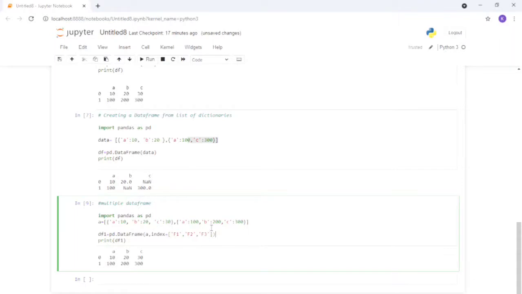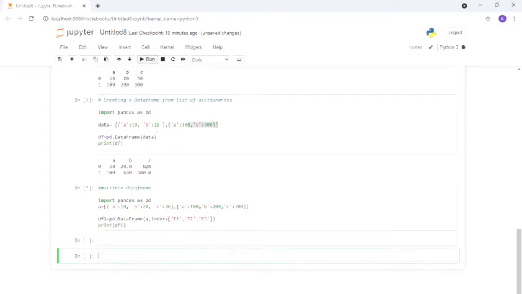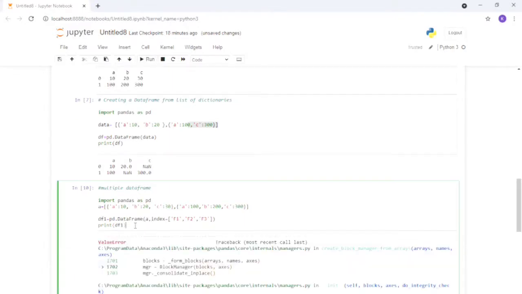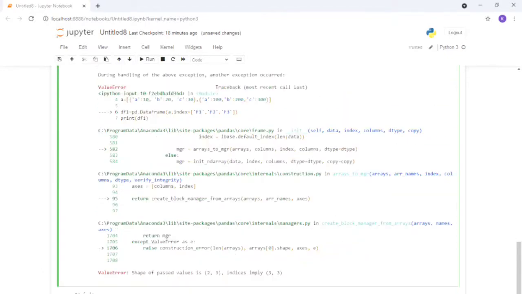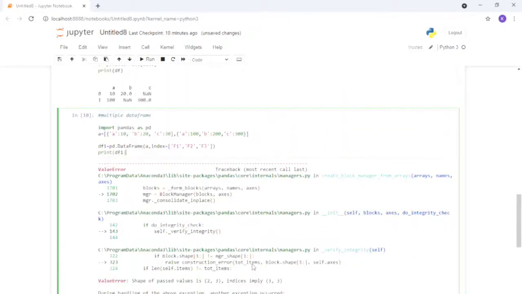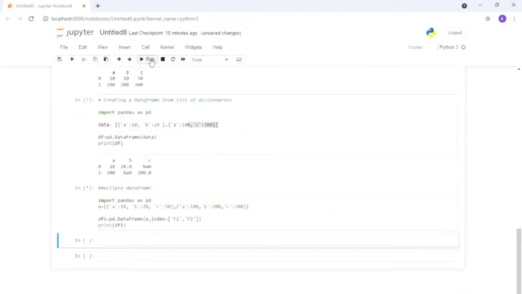Once we go with this, you can run and you can see it will be changed accordingly. Oh sorry, just wait a minute, there are some errors. Sorry, there are only two values, so I have to just go with two only. So here it is visible. Okay.